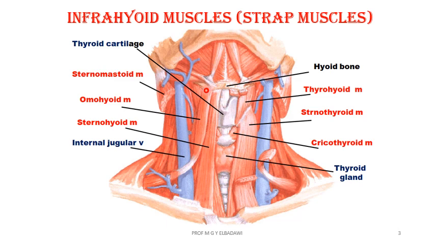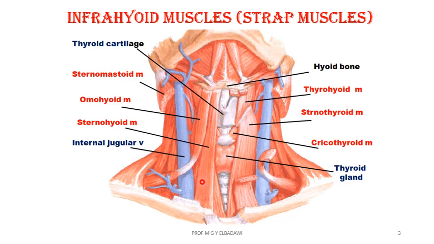The omohyoid has two bellies. The superior belly arises from the side of the body of the hyoid bone, and the inferior belly arises from the suprascapular ligament and notch, to unite in a common tendon. That common tendon will be attached to the clavicle by a fibrous loop. That is the way of insertion. Having a common tendon, that's the insertion of both of them, and then the loop connected to the clavicle.